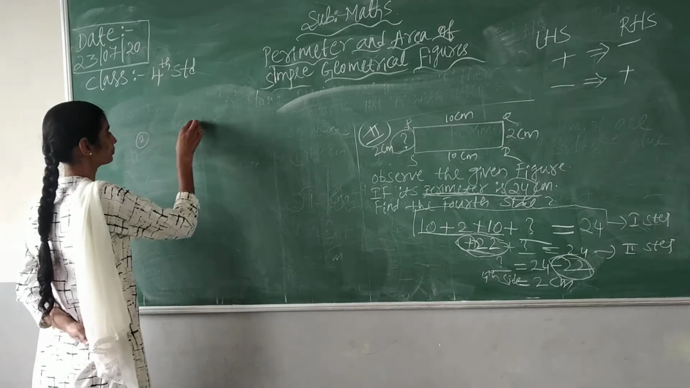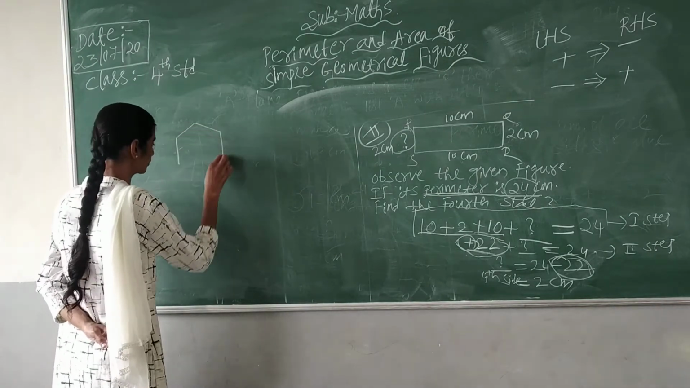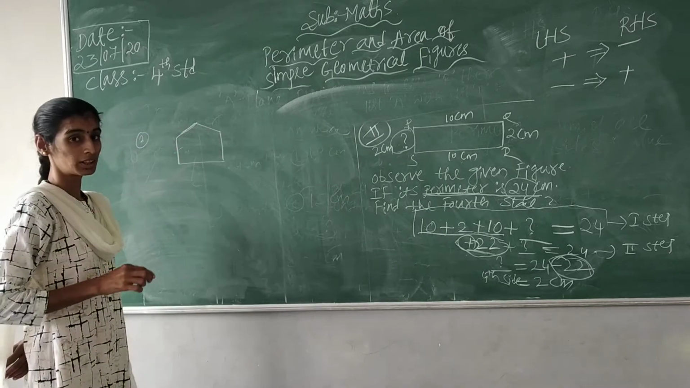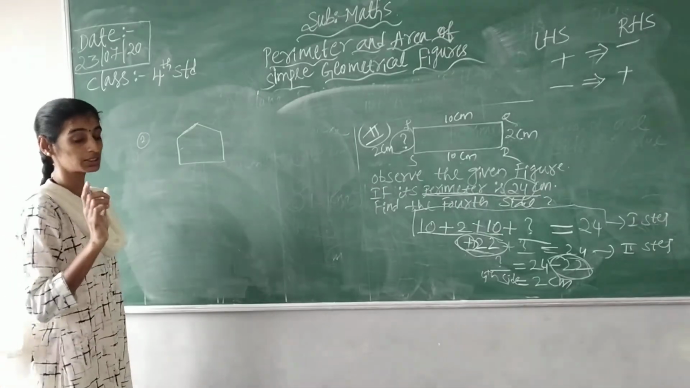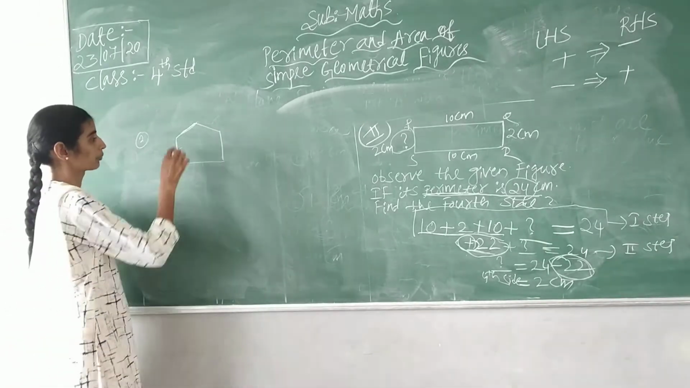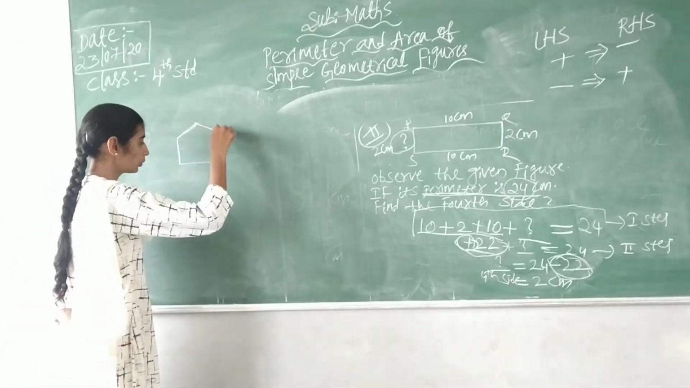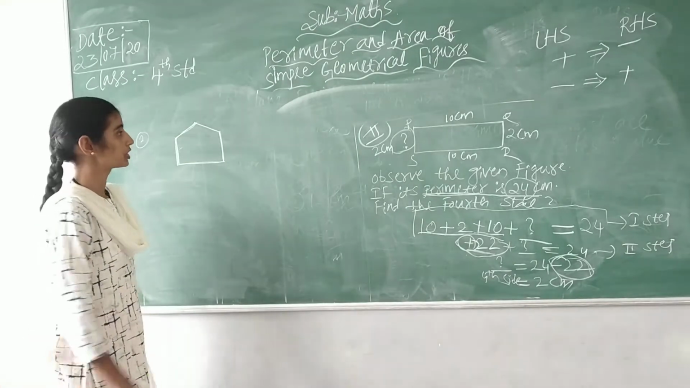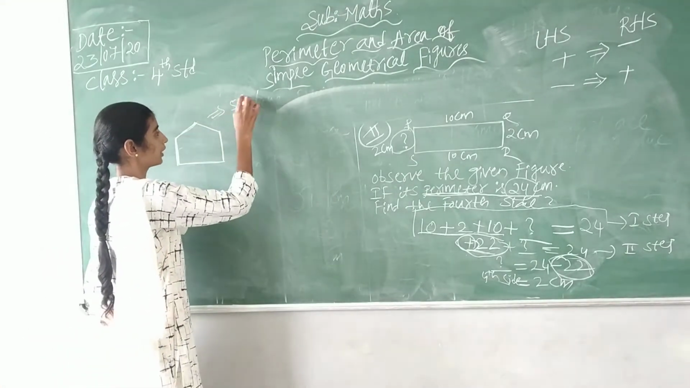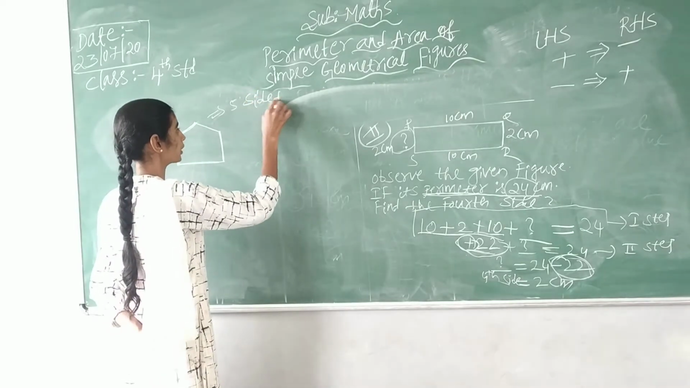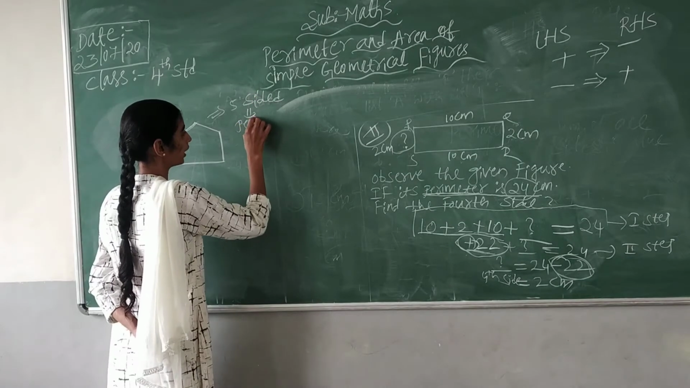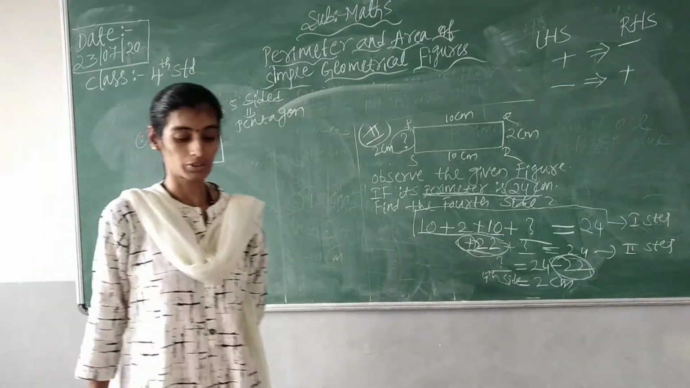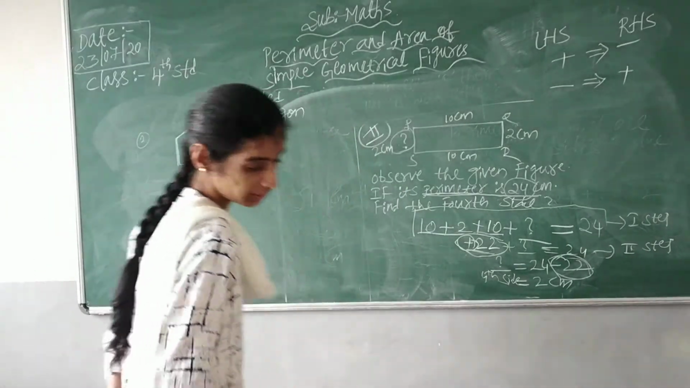Second question. I hope you all have learned in your previous classes what this shape is called, children. How many sides does it have? 1, 2, 3, 4, 5. What is the shape called? A 5-sided figure we call a pentagon. So they have given you sides 3 centimeter,